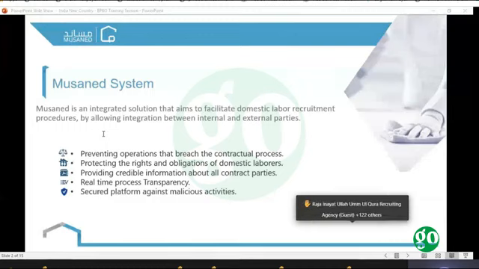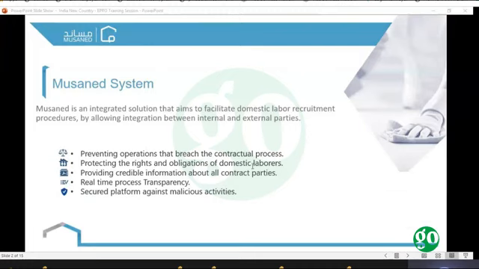The Musaned system also allows people to have credible information about all contract parties, including the Saudi employer, the Saudi office, the candidate, and all the documentation needed.